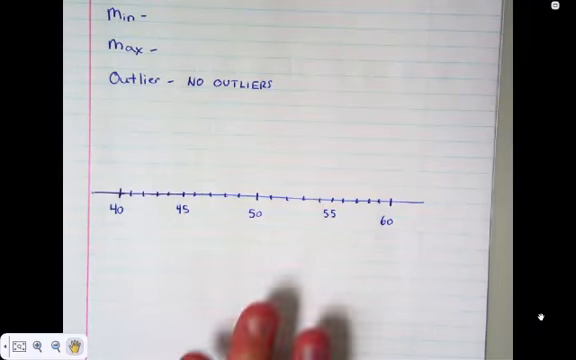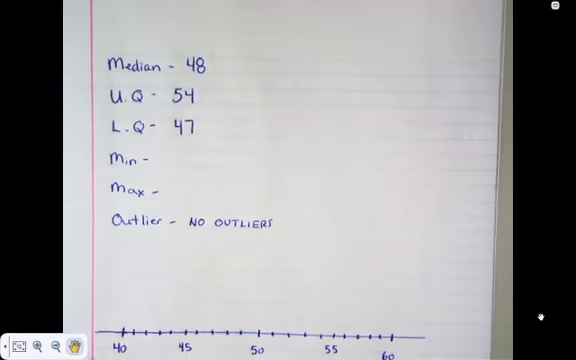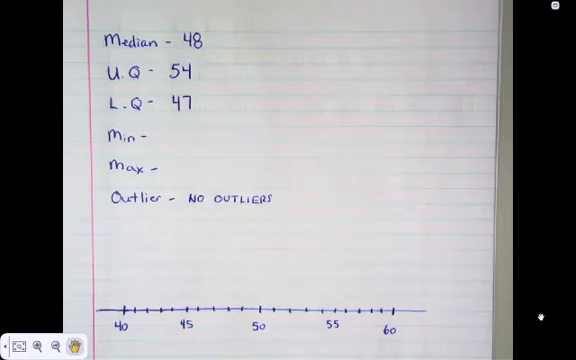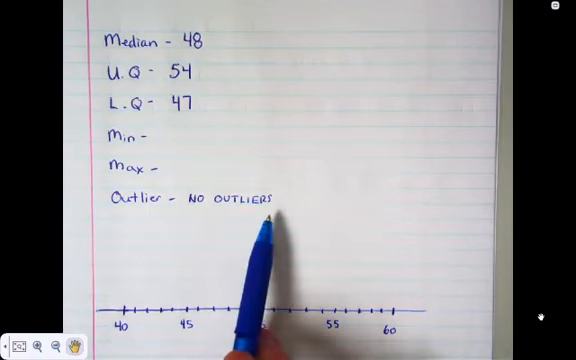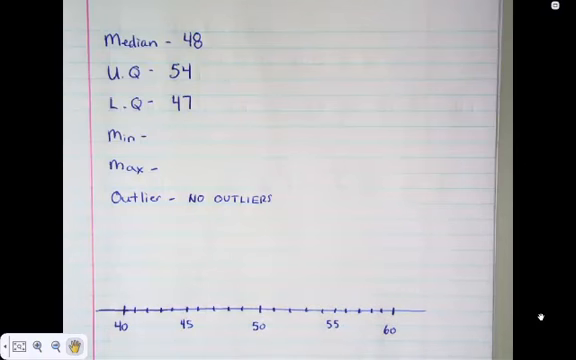Let me go to the next page. And I've already found the median, which is 48, the upper quartile 54, the lower quartile 47. And we also said that there were no outliers. Okay, now the next piece, the only other information we need to know is what is the maximum number and